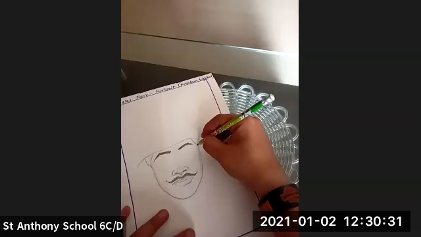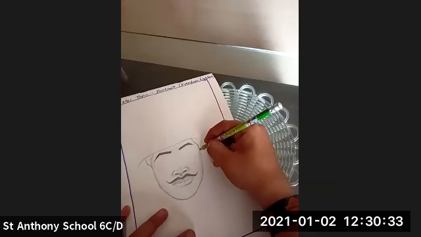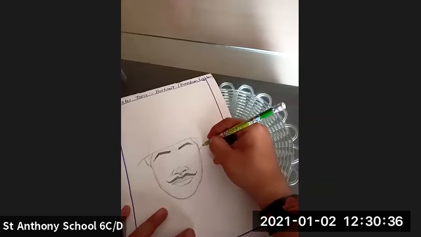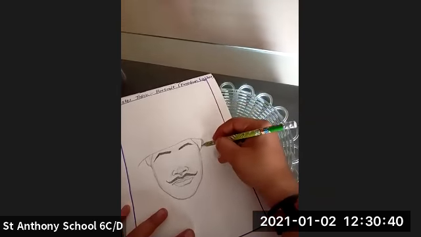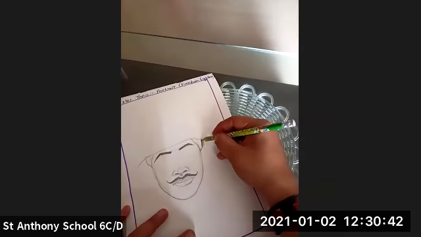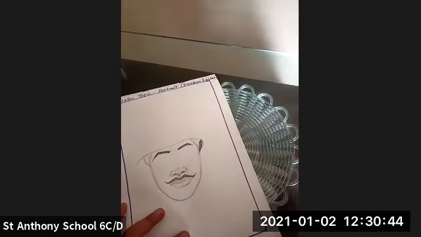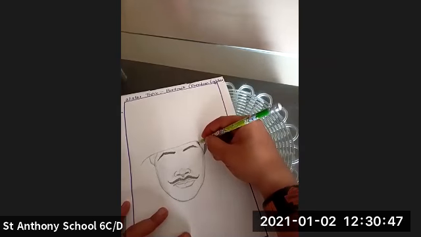And for making the hairs, yes, so just look at this here. From here, this is the hair. Making the hair, I'm going to use the pencil in the dark way.